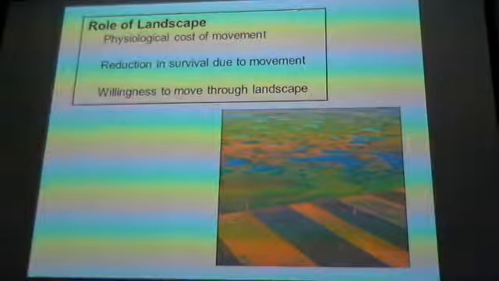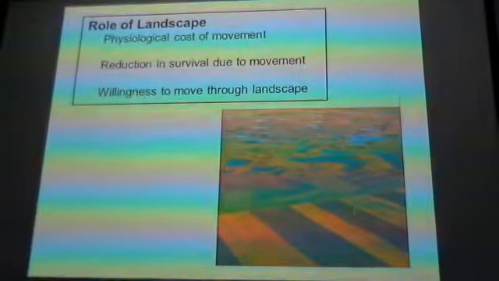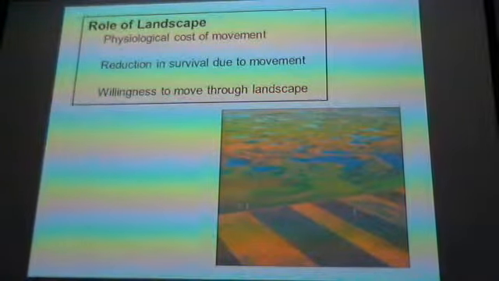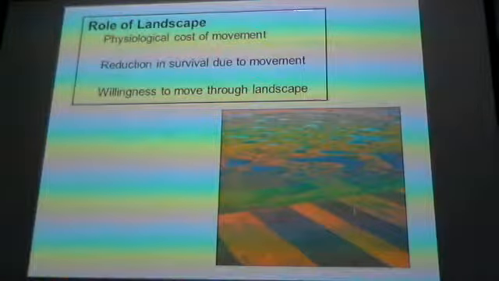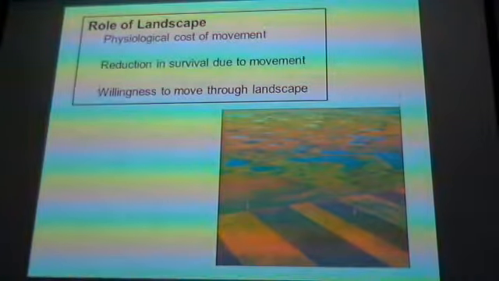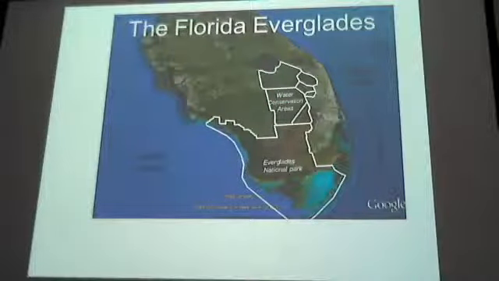A big part of this dispersal is the role that the landscape plays. So resistance to landscape falls under three main categories: the physiological cost of an animal's movement, the reduction in survival due to that movement, and just how willing an animal is to move through the landscape in the first place. And so, thinking about the role of landscape structure and environmental filtering, I'm looking at small fish movement in